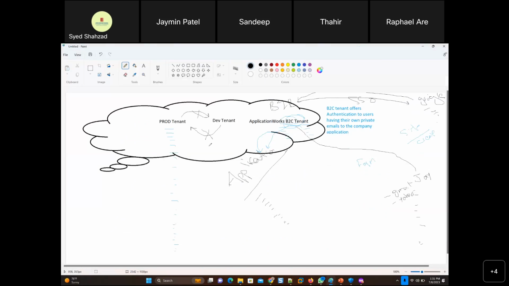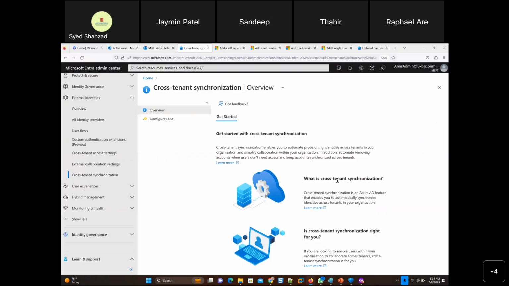But maybe you want to sync, and in that case you can do cross-tenant synchronization. It enables you to automate provisioning identities, meaning usernames and passwords, across tenants in your organization and simplify collaboration within your organization.